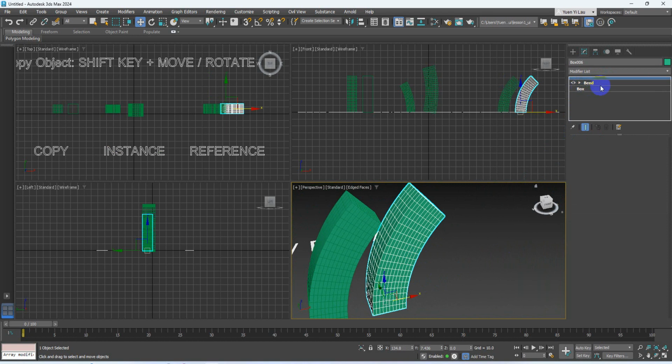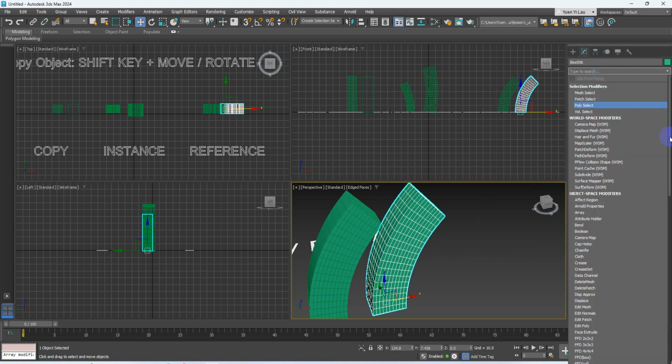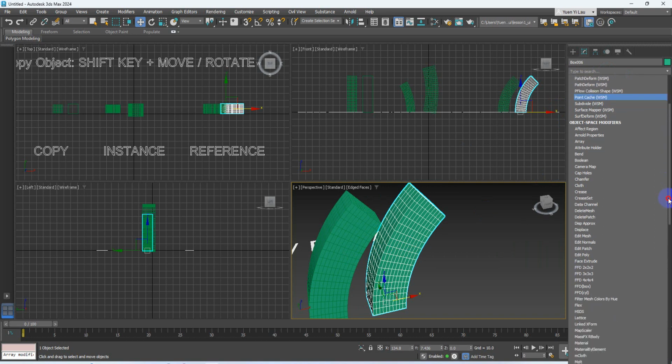All the parameters or modifiers below this bar mean those values are shared with the others. If I give a new value to it, for example, I give it